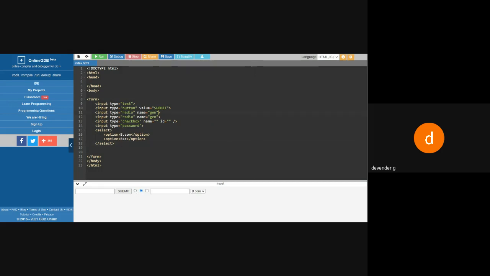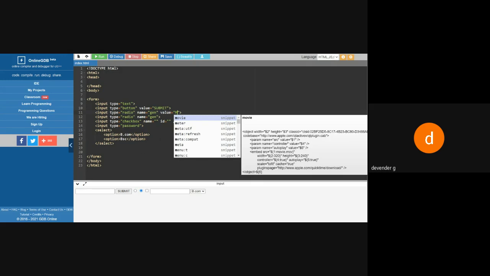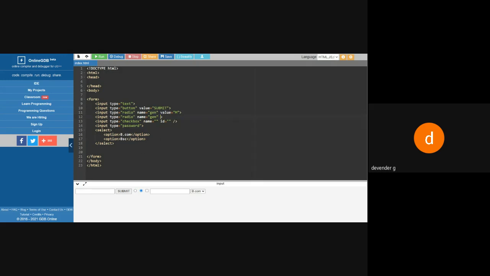So here I'll be saying value is equal to m, and here I'll be saying value is equal to f. So what happens? Though I select any one of them, I have only one option to select from this. But whichever option I select, according to that, the appropriate answer will be selected. So one for M, one for F. So this is how I'll be using the grouping of the radio button.